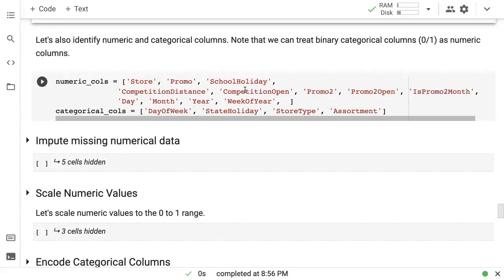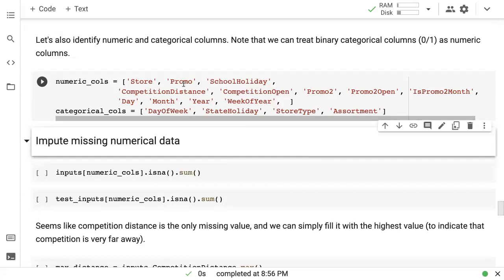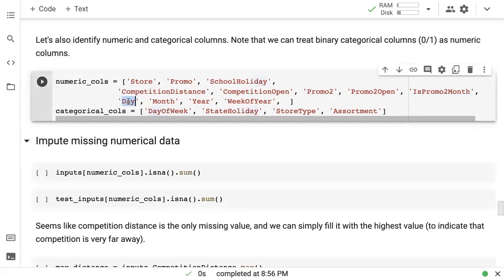Okay. Then here is the somewhat subjective exercise of picking the numeric and categorical columns. Now there are some binary columns which have 0, 1 values. We don't really need to one-hot encode them. They're already one-hot encoded as 0, 1. So I'm putting them into numeric just to keep things simple, to avoid this one-hot encoding and introducing new columns. Now with some of these things like month and day, these could be made categorical, but I chose to just keep them numeric and see what happens. You can try and convert them into categorical columns if you want and see if that has an effect.